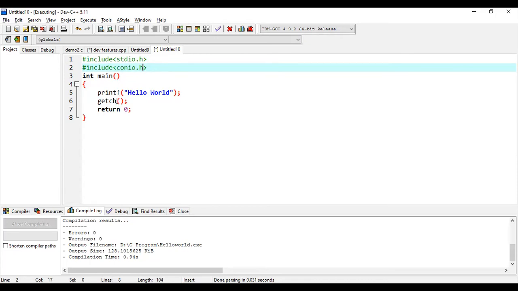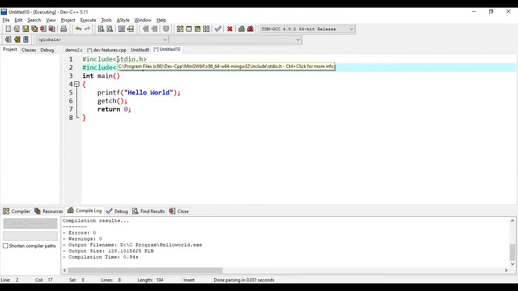So here getch, this predefined function, is referred from this header file conio.h. And after successful execution of this program, the program will return 0 to this main function.